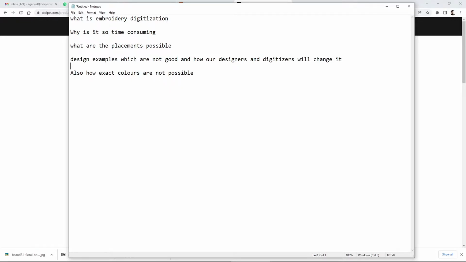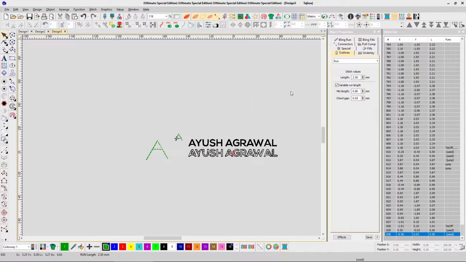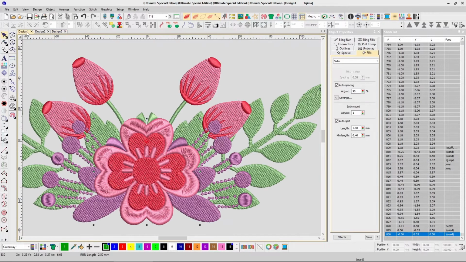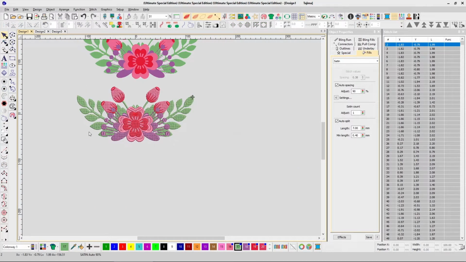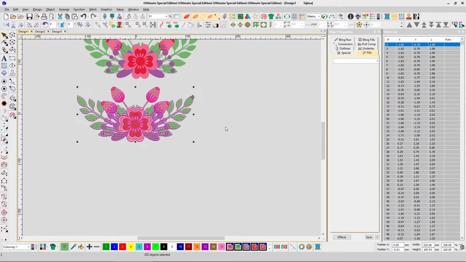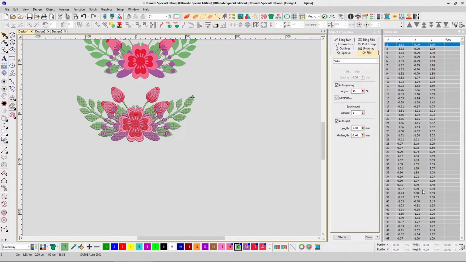And also, why is it so time consuming? First of all, digitization is also time consuming. Another thing is that production is also time consuming. So for example, if we talk about this design, this design requires how many? 40,000 stitches, as we saw, 39,420 to be precise.